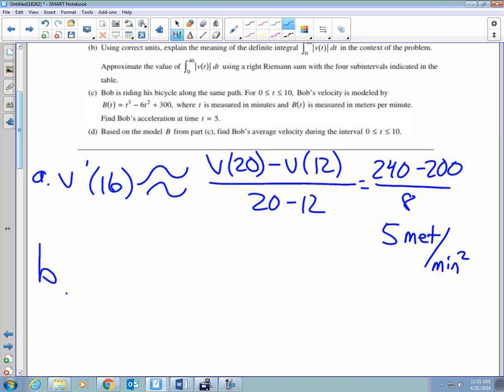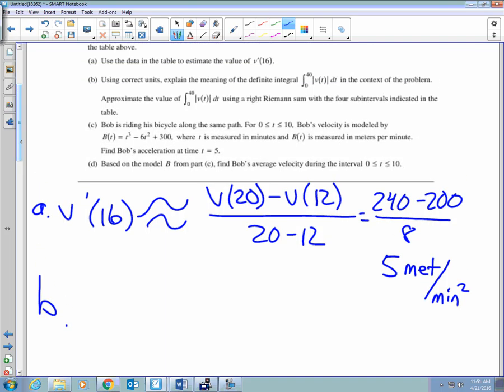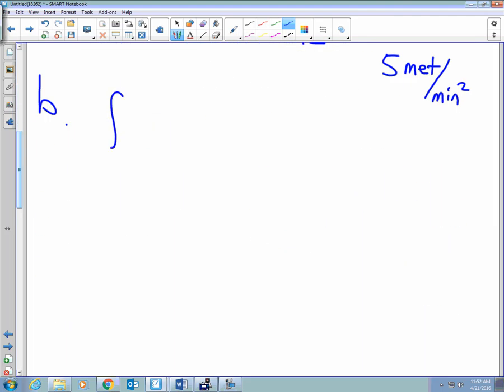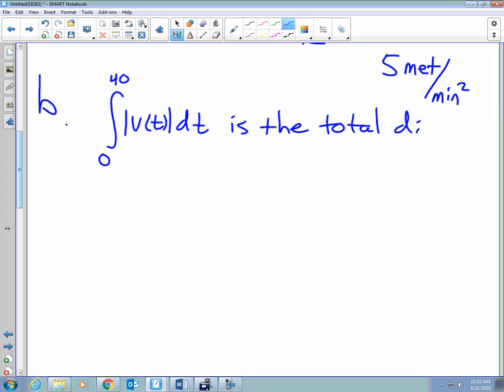B. Using correct units, explain the meaning of this definite integral in context of the problem. What does absolute value tell us? Distance or displacement? Distance. So this is nice and easy. The integral from 0 to 40 of the absolute value of v of t dt is the total distance Johanna has traveled